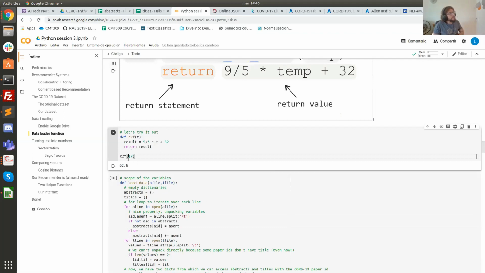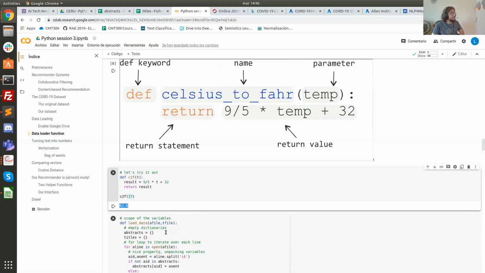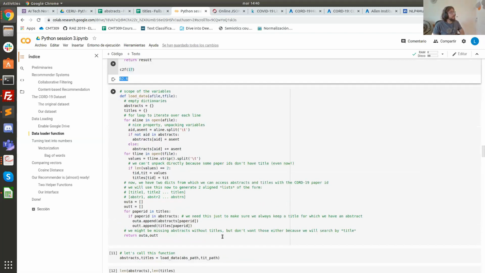And apparently 17 degrees Celsius is 62.6 Fahrenheit. Okay, so now